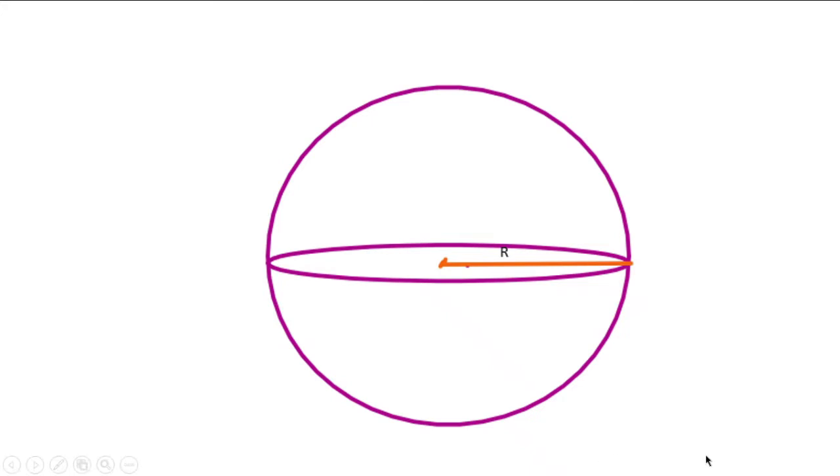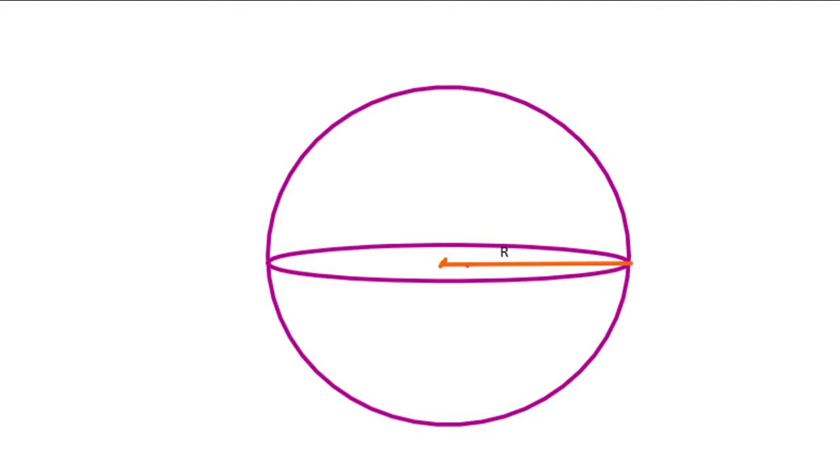Here we have a sphere of radius r and we are targeting to find out the cylinder of maximum volume that can be inscribed inside this sphere. Before we choose the cylinder that has the maximum volume and is inscribed inside the sphere, we should be able to visualize all the possible cylinders that can be inscribed inside the sphere. So one thing is common about all those cylinders.